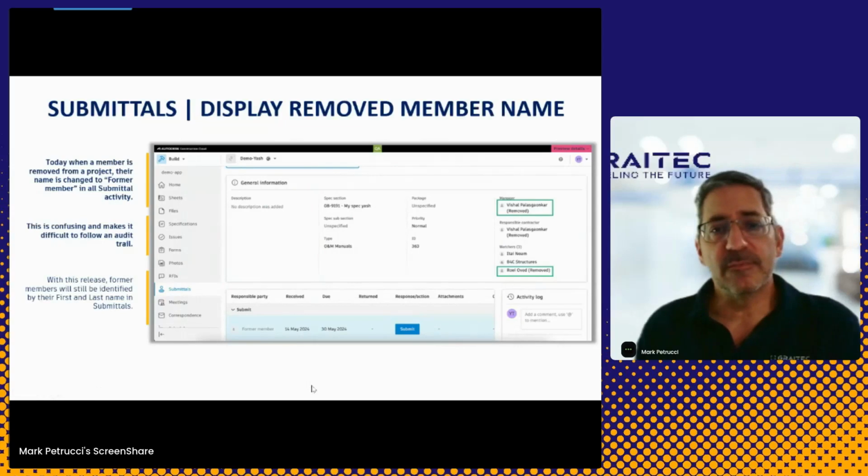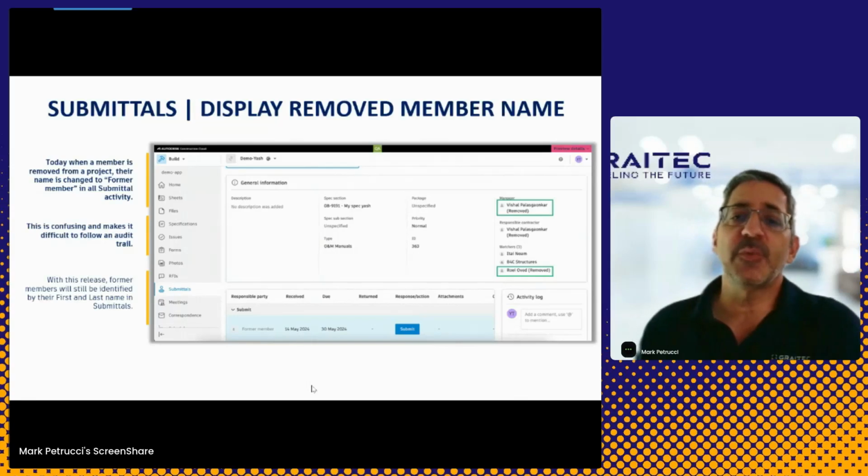So with submittals, if a member is removed from a project, their name is replaced now with "former member" throughout the submittal, meaning any submittal activity that was done by that person will simply change to show that it was done by a former member. And this can get confusing and frustrating when trying to figure out who did what within the submittals